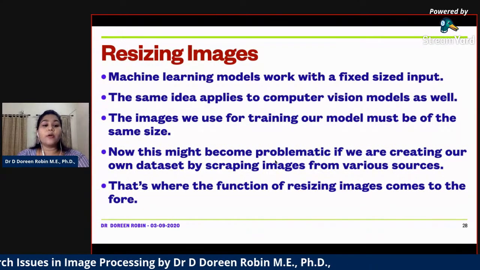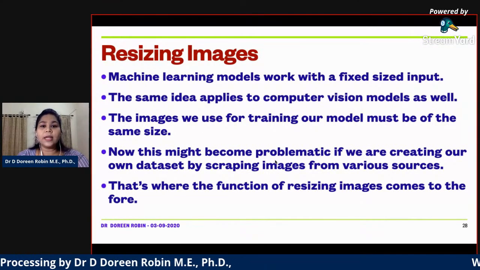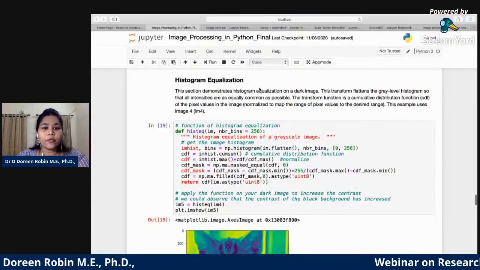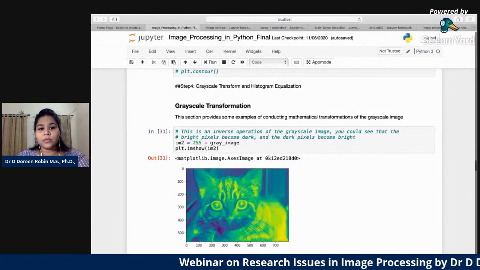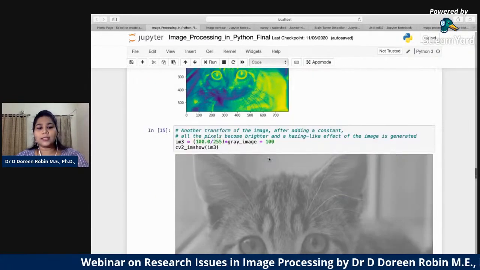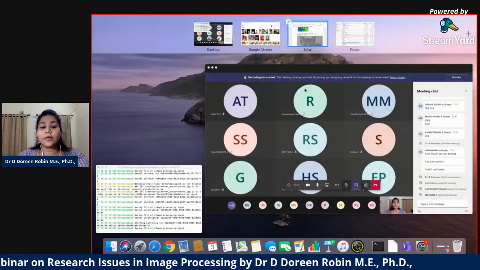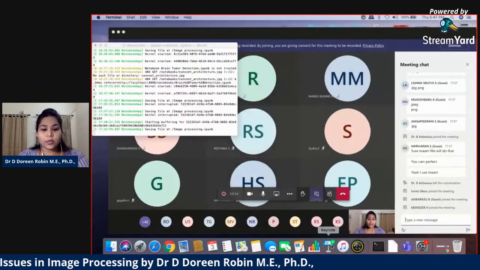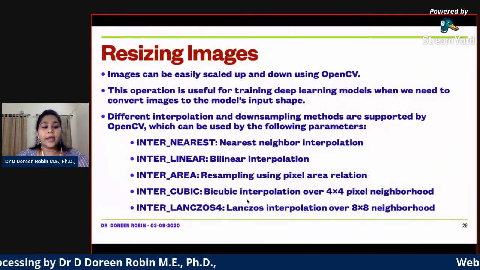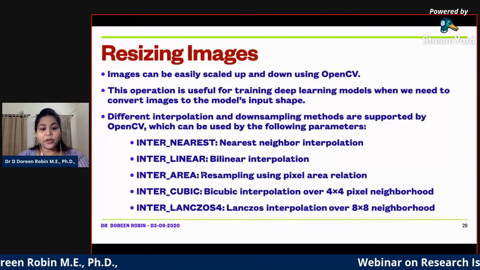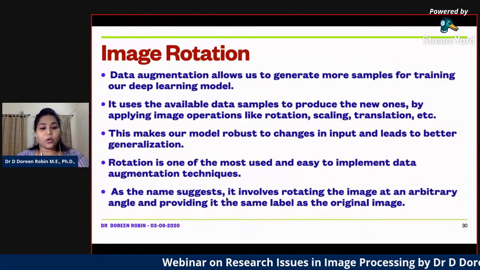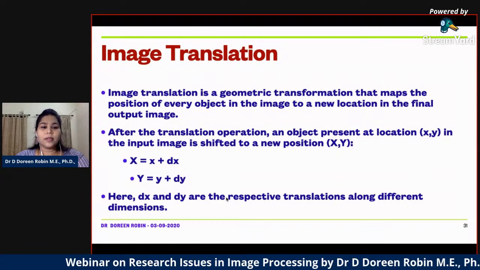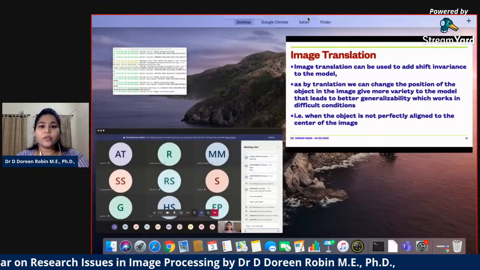So this is an example of how to resize. You should have seen the image of the cat. Can you see, it has been a resized image. I'm using the resize function. Resizing of an image is possible, and I can make it nearest, linear, area or cubic. These are the internal functionalities. I can rotate the image. We can do a translation of an image.